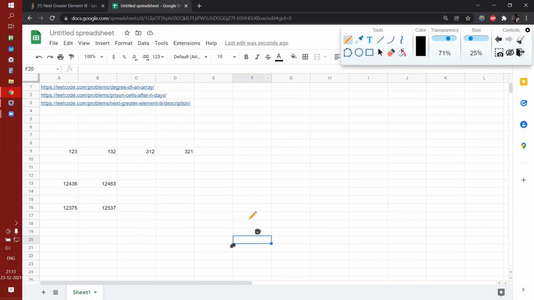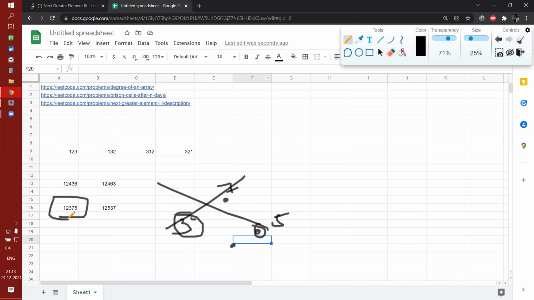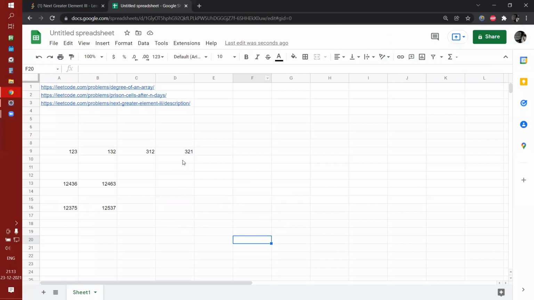Sorry, this is 5, this is 5, and this is 7, right? So we plot this, this is 5, this is 7, and suddenly you got a 3. So you know that, right? It means if you swap this number with the second greatest number, you can get the next greatest number. Yes. But additionally, you need to do one more thing, you have to sort the remaining array.